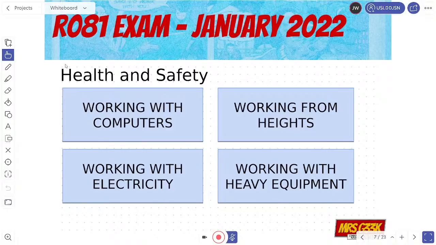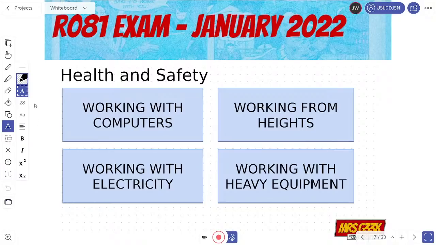So health and safety. Again, you will typically get a question on this in the exam, and typically it will be in the form of, tell me one thing to be aware of in this scenario when someone's using a computer and how they could get around it. So first of all, working with computers. I'm going to get my text box ready again.